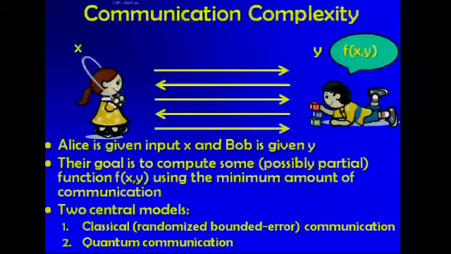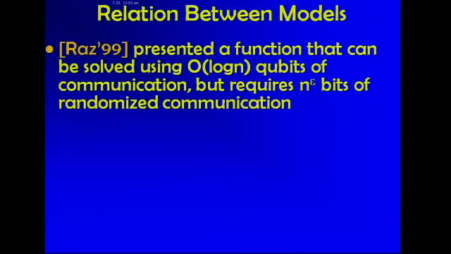This started with papers by Buhrman, Cleve, and Wigderson, Ambainis, Ta-Shma, Schulman, Vazirani, and Wigderson. And there were some examples showing that in certain scenarios, quantum communication can be much stronger than classical communication. And maybe the strongest result in this line of work is by Ran Raz from 1999. It's a very nice result. I think it's one of the most fundamental results in this area.